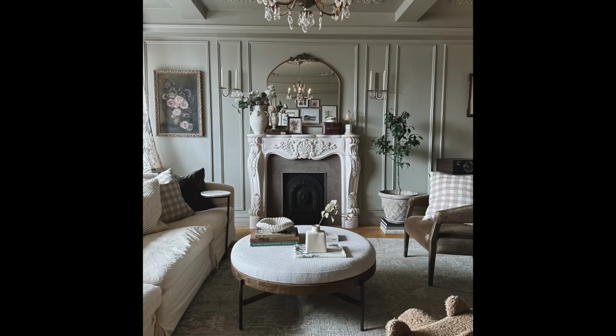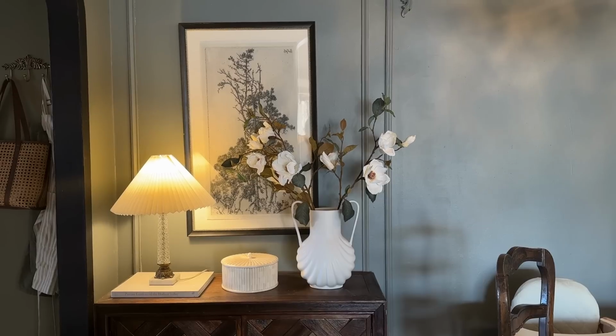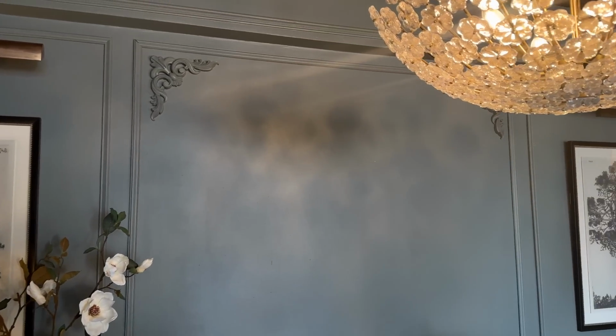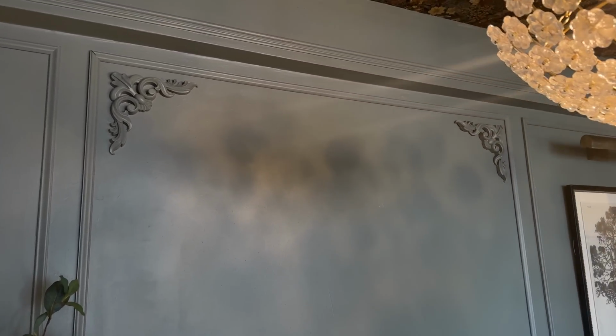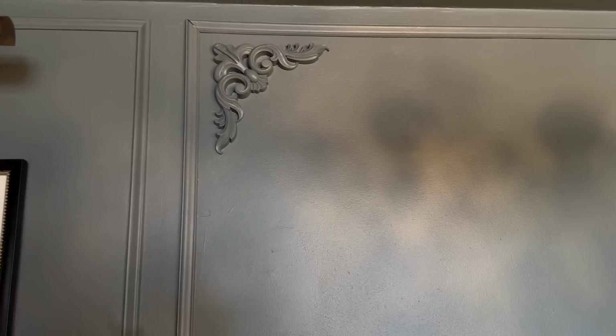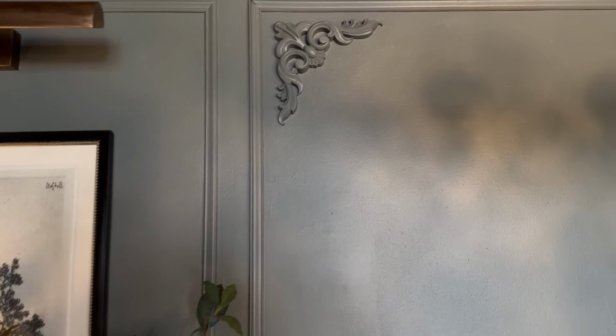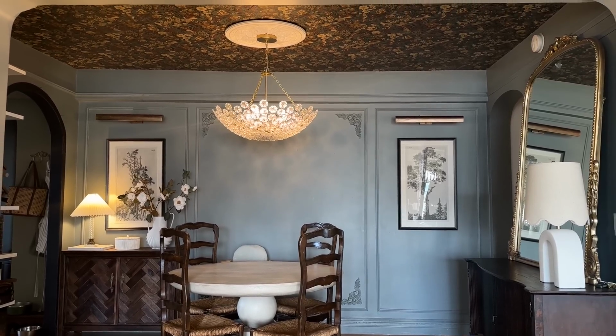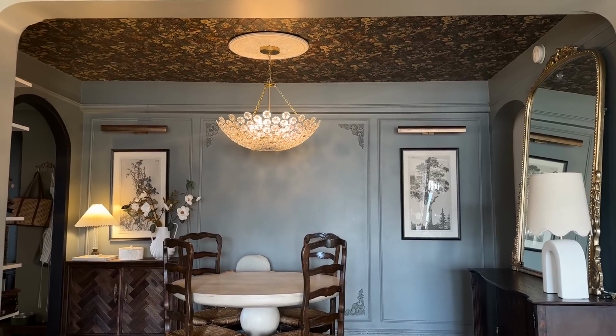Another simple-ish way to make a space feel more personalized is to add in architectural interest through woodwork details, and that can be simple wall molding panels, or you can add wooden appliques to the wall. Like I have these appliques in our dining room, and I feel like just something so simple, and to be honest, I added those with command strips, they just make the space feel so much different than when they weren't